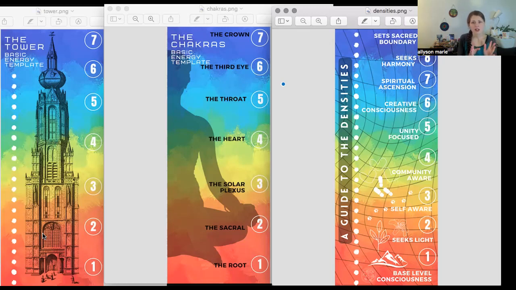The fourth center in the tower is all about the heart center, and the color is green. Let me get that out of the way first and foremost. I don't think I really went around to that. What I love to do for the heart center is to build a palace, a throne room,